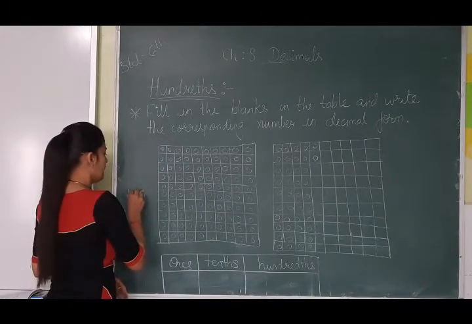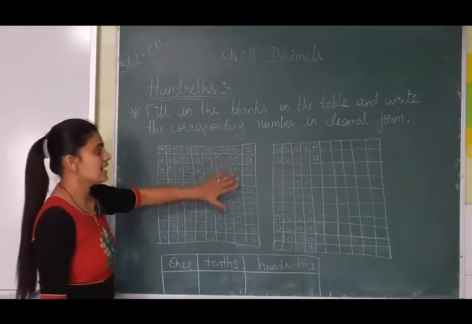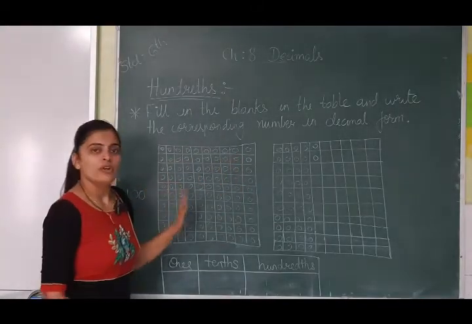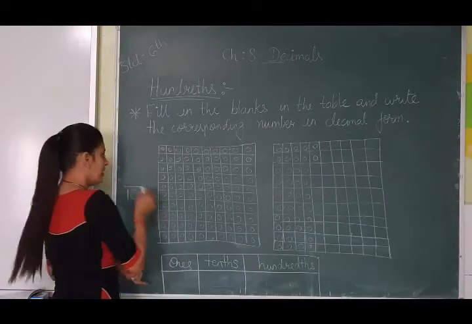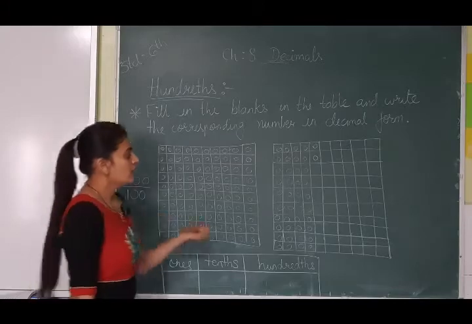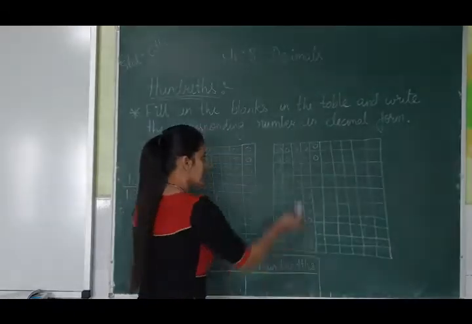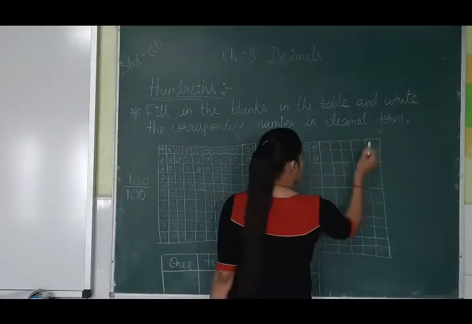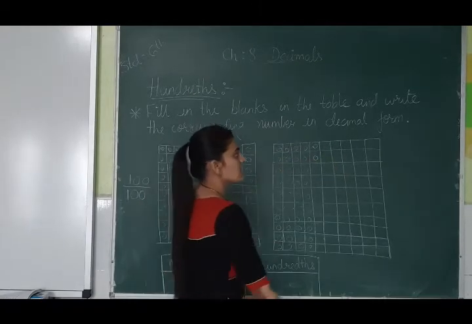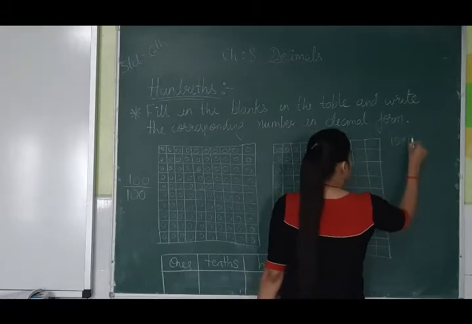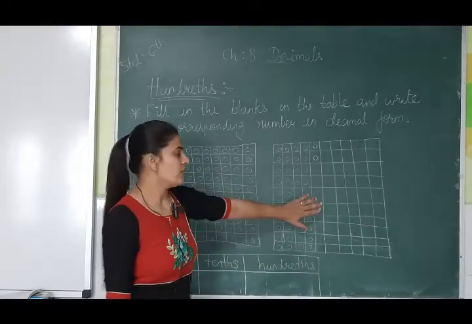Now out of 100, how many are shaded? Here you can see circles are there. That means these are filled up. So how many are filled up? All 100 are filled up. So out of 100, 100 are filled up. Now here another block is given. This also has 100 in total. Let us see: 1, 2, 3, 4, 5, 6, 7, 8, 9, 10, and 1, 2, 3, 4, 5, 6, 7, 8, 9, 10. 10 rows and 10 columns means for the total we multiply 10 by 10, it will be 100. So 100 small blocks are there in this square.